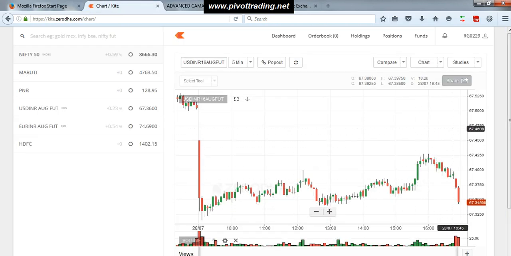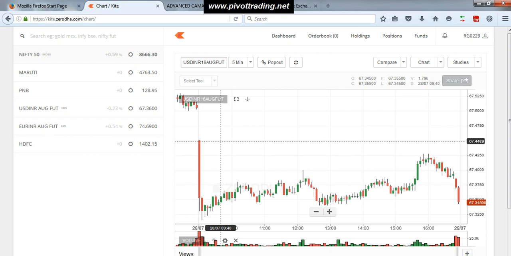67.4596. So 67.4596 is somewhere here. If you can see, for the entire day this particular level was not crossed. So what I would say in this particular case is there was no buy generated, or there was no